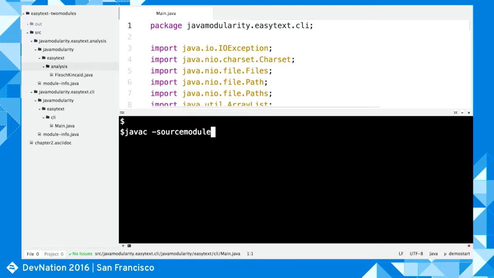What's new here is that we have a module source path instead of a source path that we can pass to the compiler. And it knows about the module infos, and it knows about the new layout that we have here. So we have two more directories in between. And we're going to provide it with a directory which the compilation output is put into. And of course, we need to pass in all the Java files that we want to compile like you would normally. So I'm just going to use this little trick here and pass in all the Java files to the compiler.